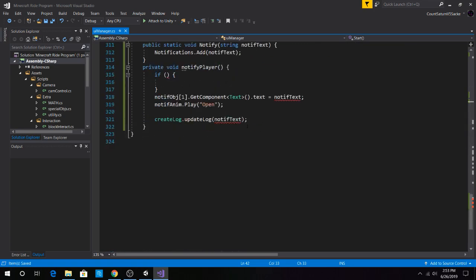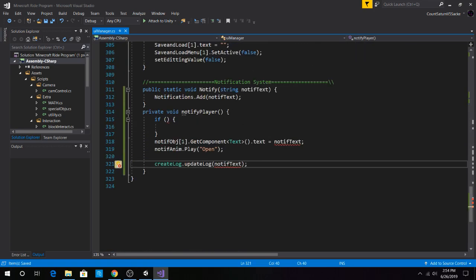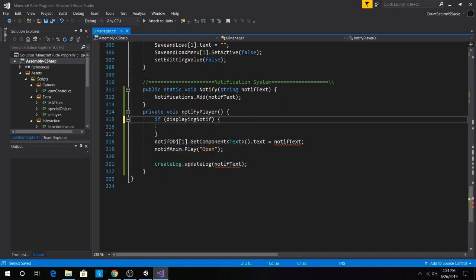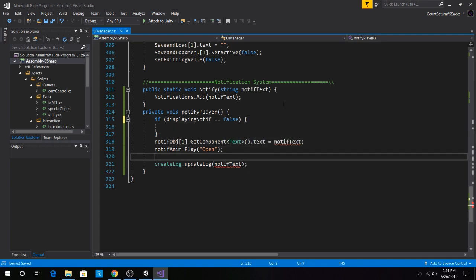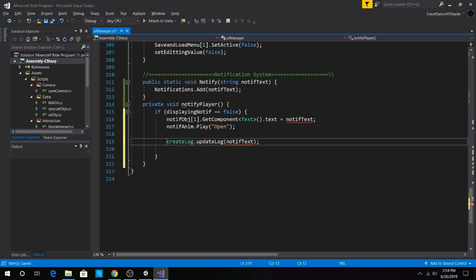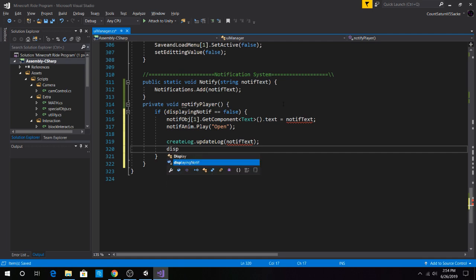And over here, if displaying notif is equal to false, then we can actually do this stuff, because we don't want another notification just starting to randomly play. And here now what we need to do is do like this, after doing